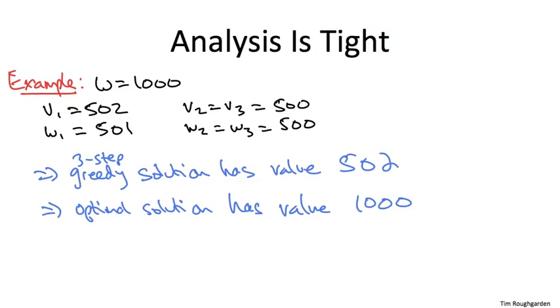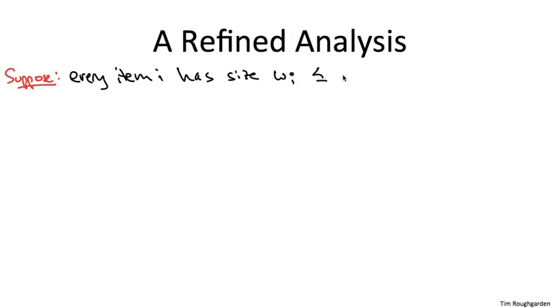So in the next slide, I'll show you a refined analysis of the three-step greedy algorithm, conditions under which it performs much better than 50%. In a separate sequence of videos, we'll develop a dynamic programming-based heuristic, which is guaranteed to have much better performance on all instances. So there's a few different assumptions you can impose on knapsack instances that will enable you to prove better performance guarantees for greedy heuristics. Let me just show you one that's both simple and also a condition that's met in many knapsack instances